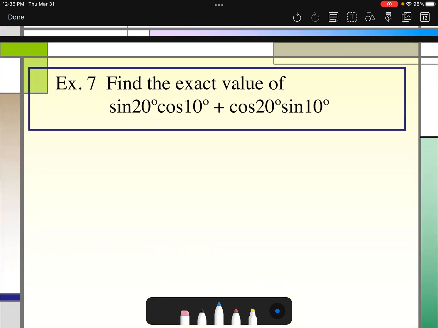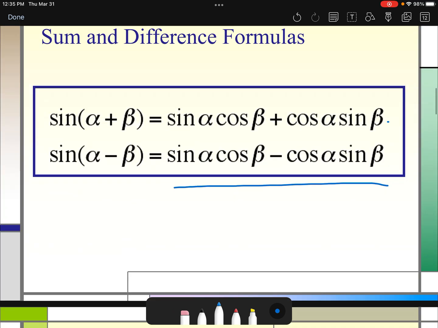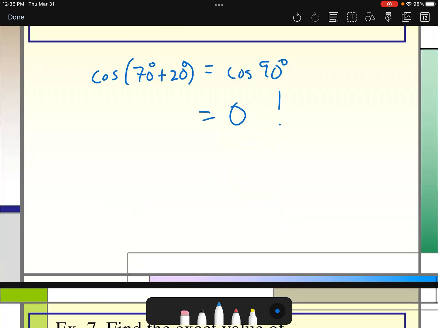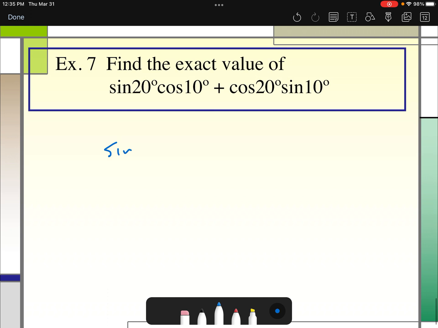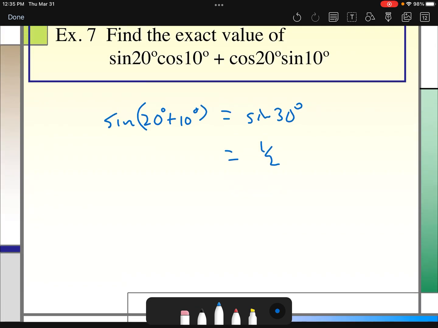Very simple. What's sine cosine plus cosine sine? That's this one. So sine alpha plus beta. Sine alpha plus beta is 20 plus 10, which is the sine of 30. And the sine of 30 is 1/2. And that's it. That's how we do these. So have some fun with formulas. Again, if you know your unit circle, these are not